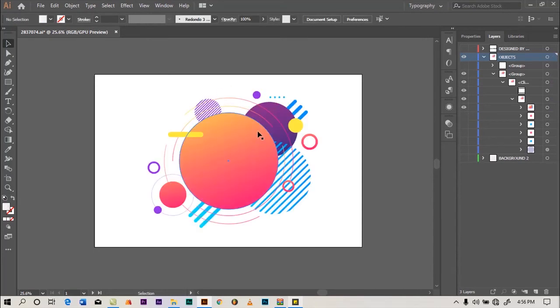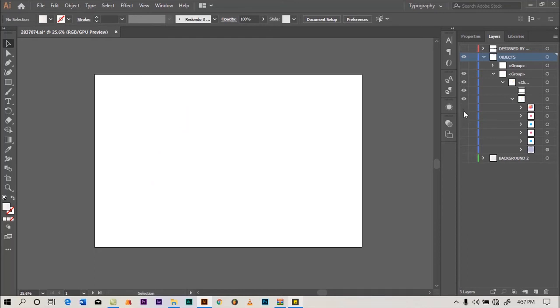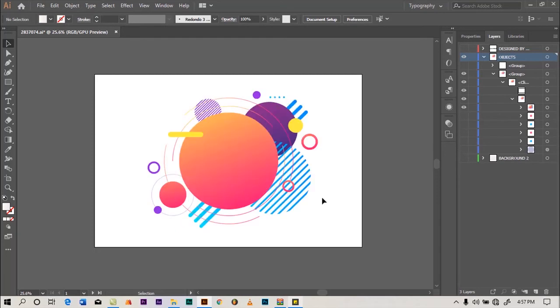Now turn this on. So now you can see there are a lot of things happening here. Do we want to use them as is? I don't think we need this blue because we already have it here. We've saved something like that already. Let me turn this off. Let me turn this on. So we have this already, so there's no need recreating this. So I'll have to go into this